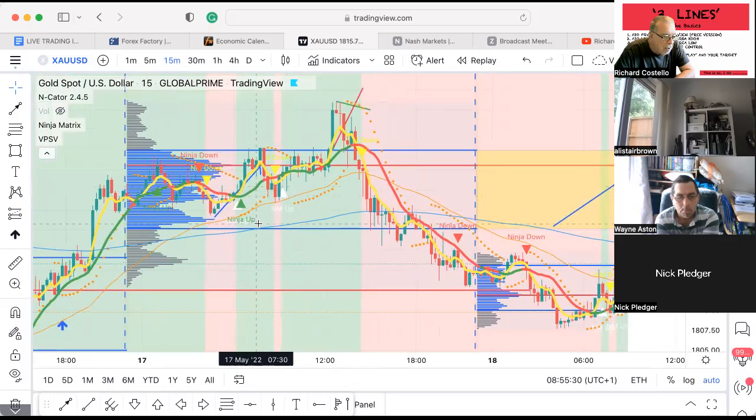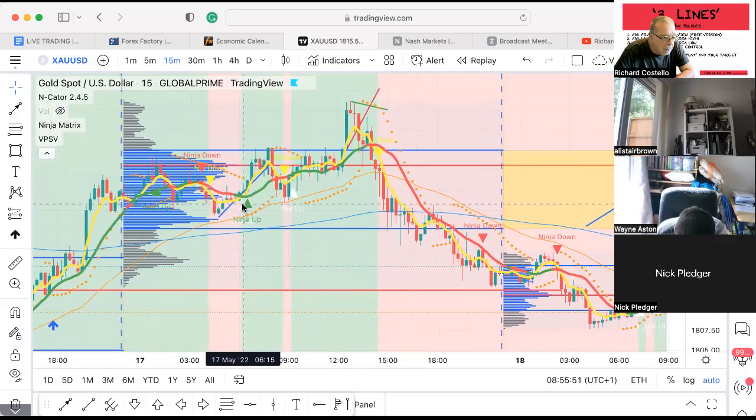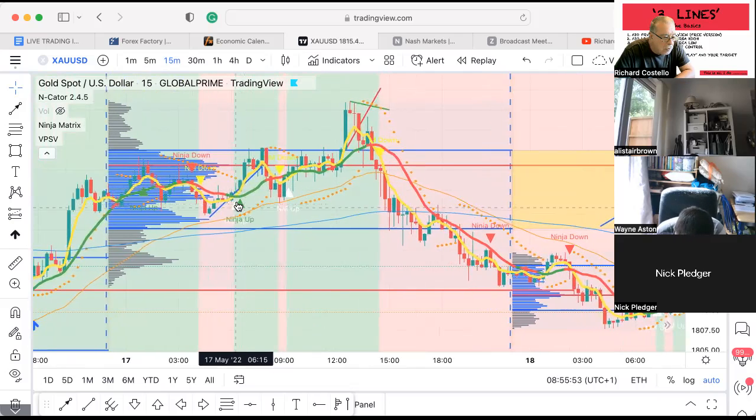And my third criteria is the 5 MA, which is the yellow line: is it above the green, which is the 13 MA, and is it moving away from it? So is the gap widening? And as you can see, it is. So at that point, all of my criteria are satisfied, and I would get into a trade at that point,